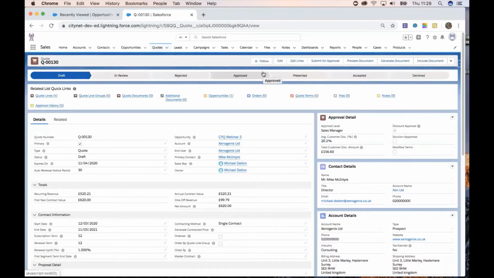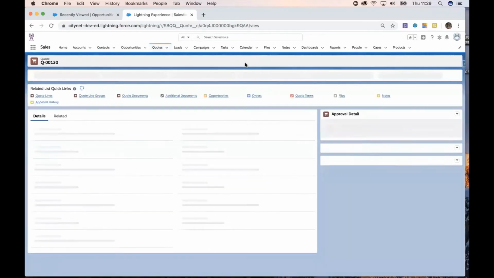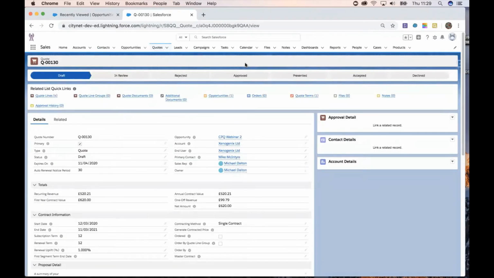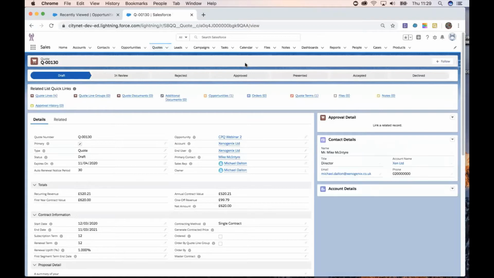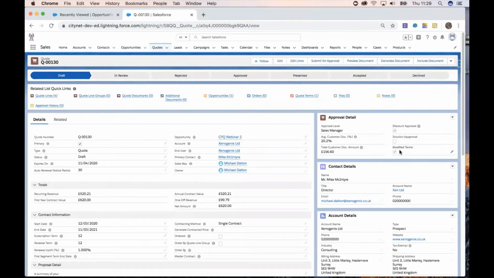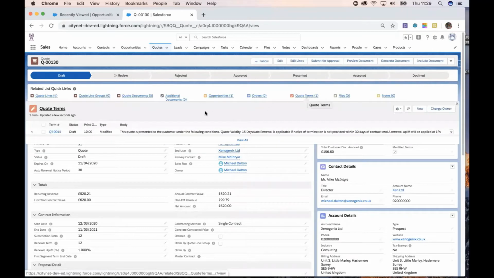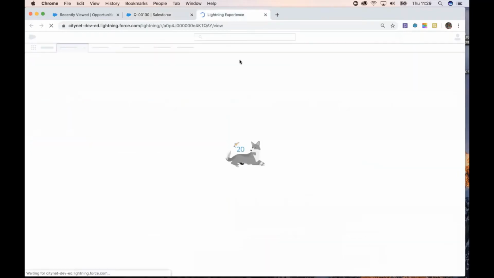Now you can see that part of this approval includes modified terms within the contract. I can also see here that I've got a modified quote term linked back to my quote. And if I were to go and view that,